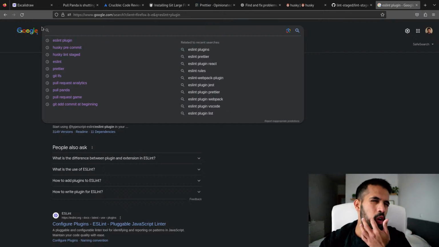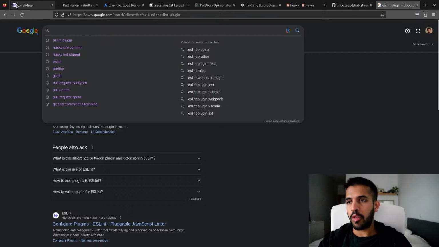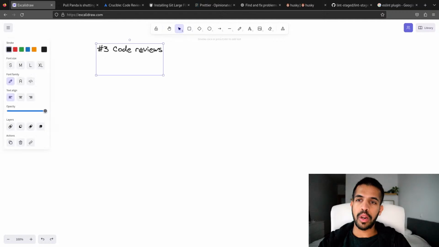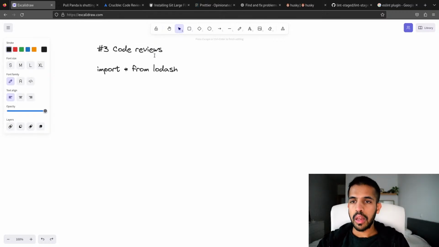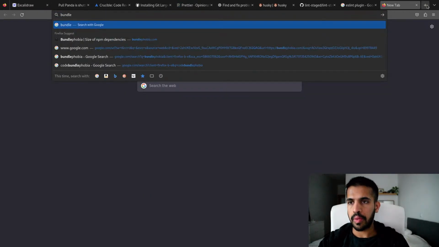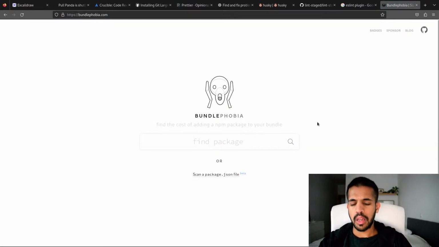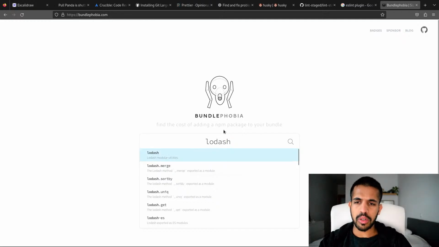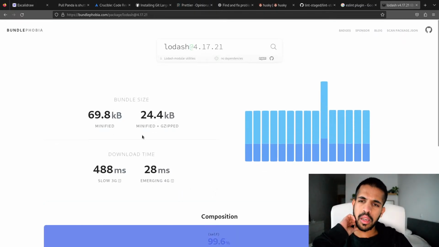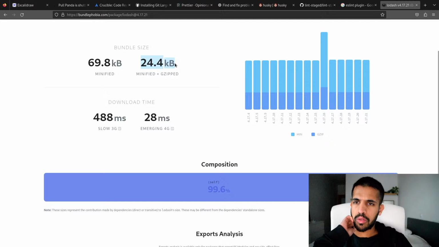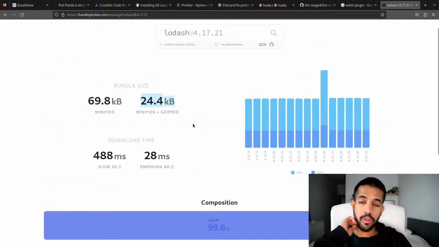It's maybe not so relevant anymore, but Lodash, if you import Lodash, the entire module, if you import it like this, you bring in the entire Lodash library, and Lodash is quite big, relatively big. Let's see, I think it was around 40 or 30. Yeah, so it's about 25, and you don't need this.